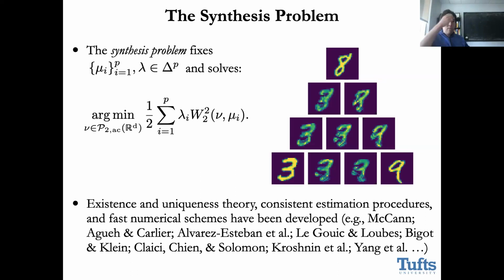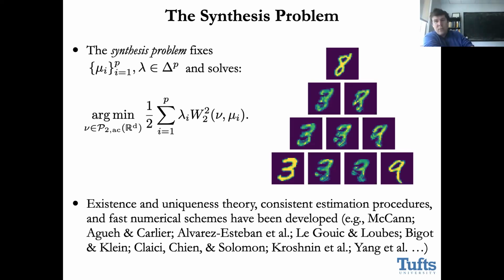And this is, I would just say, not necessarily the focus of what I'm interested in. There's a lot of literature to draw on, going back to McCann's work in the early 90s, and it is, I would say, a pretty active area of computation and statistics. As a little motivating example, I'm going to take some MNIST digits, this 3, 8, and 9, and put